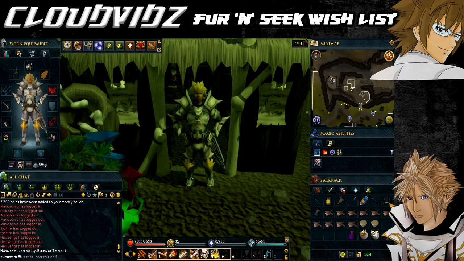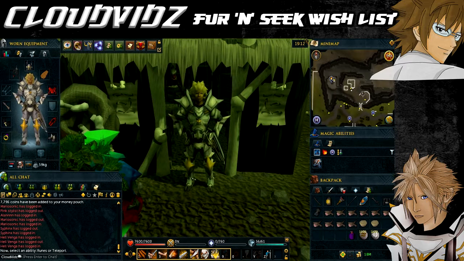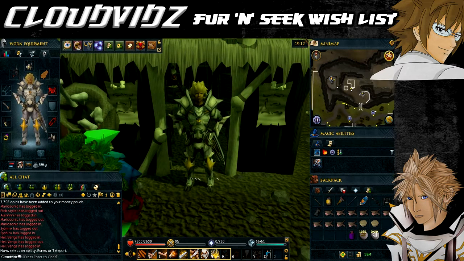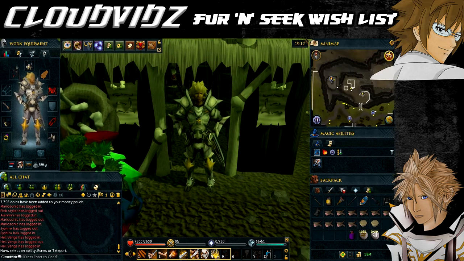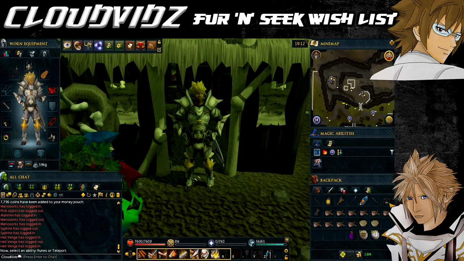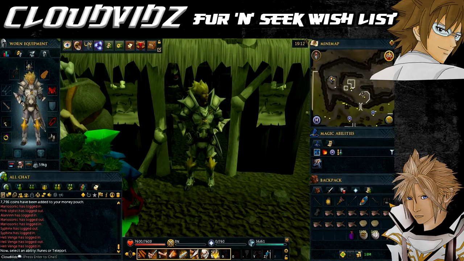So for items, you will need an elemental shield or mind shield or body or cosmic or chaos, any one of those, and also an anti-dragon shield or a dragonfire shield. You will need a light source, a leaf-bladed spear or leaf-bladed sword, or a slayer dart spell, or broad arrows or broad-tipped bolts. You will need a teasing stick, a knife, and some logs for hunting the sabre-toothed kyatt a